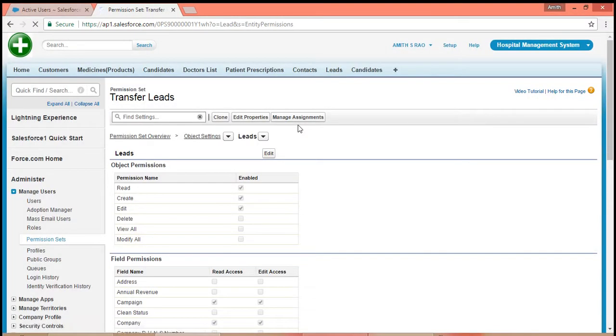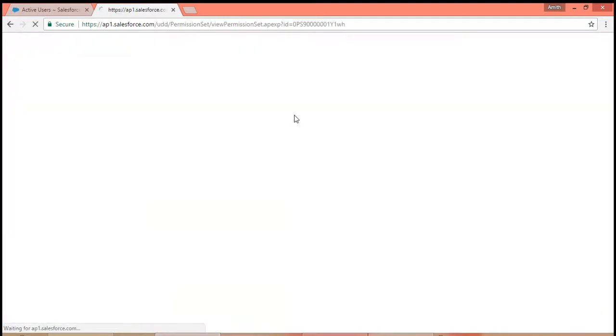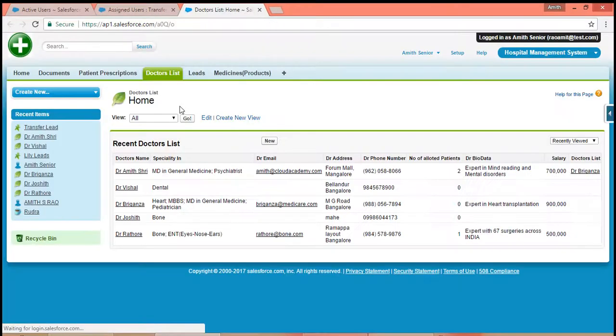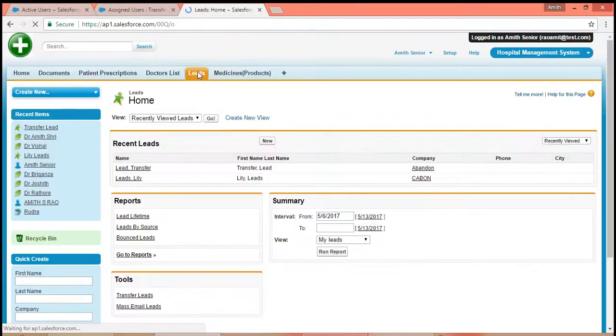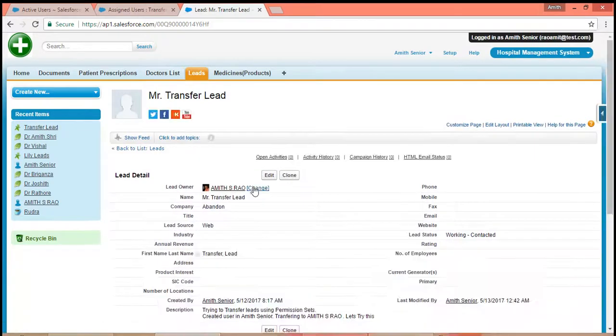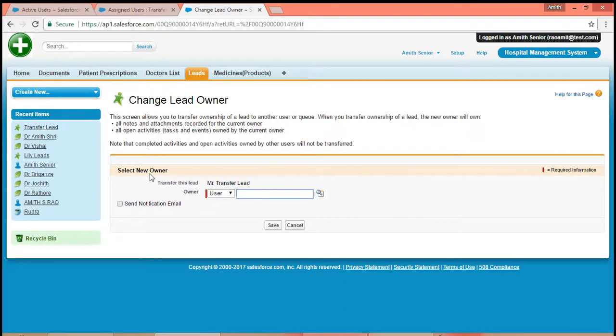Now if I'm logging in as the manage assignment, showing the managing of the senior Amith, if I'm logging in as that particular user, go to the leads and click on go, click on lead transfer. You are able to do the change. So you can change it using the select new owner, transfer this lead to the owner of the user. If I press the user, you are able to see